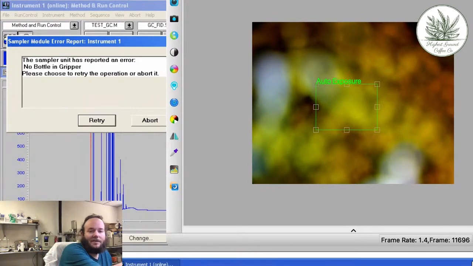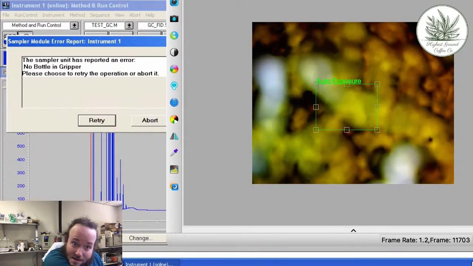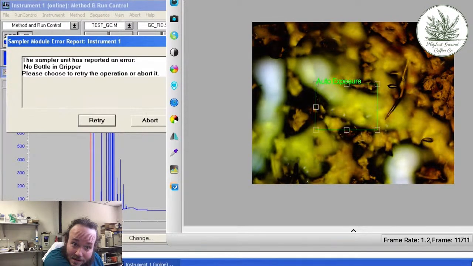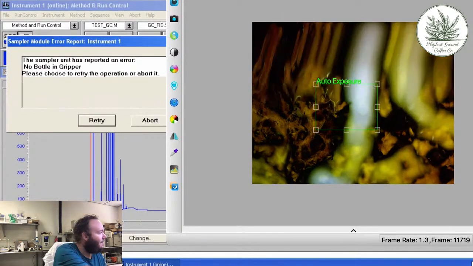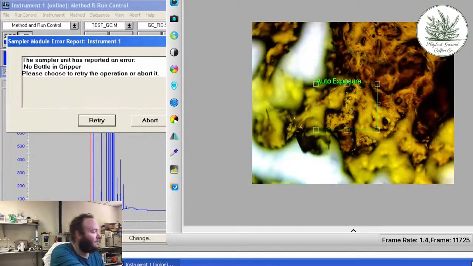All right, so now we'll fix the focus. All right. Now, because it's not perfectly flat, because of what I did to it,